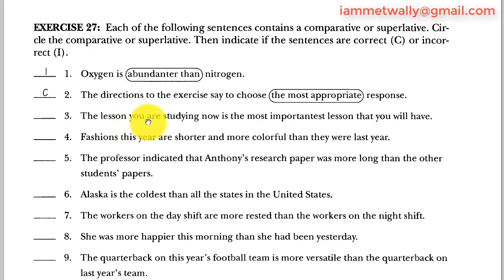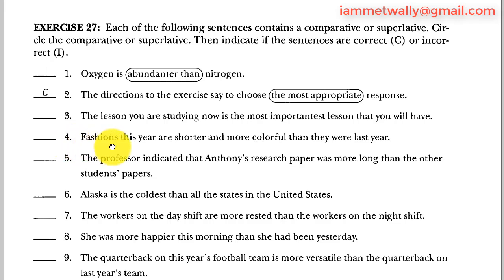You are studying is the verb, and you are studying is a reduced noun clause defining the lesson. Is, this is the verb of the lesson. Most importantest, this is the superlative, and it's incorrect because important is a long adjective. It cannot tolerate having an extra -est, so I just say the most important, not the most importantest. So 3 is